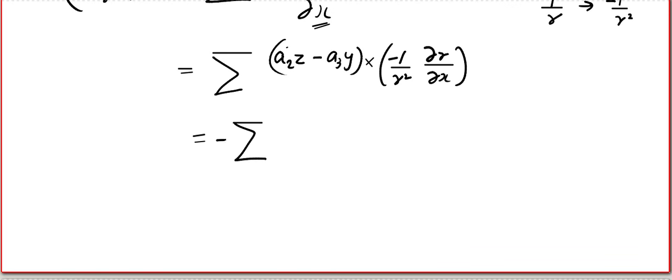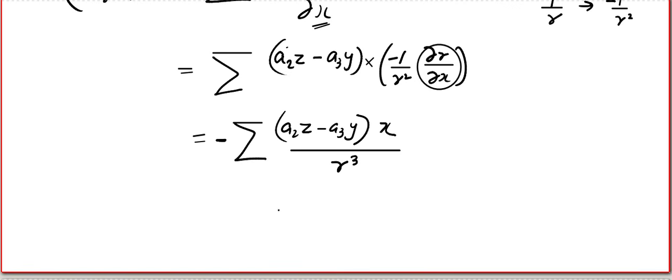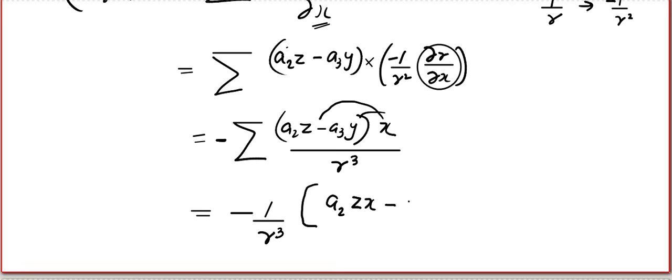Okay, minus goes outside. A2z minus A3y. This will be x by r, so to multiply by x, and the denominator becomes r cube. So that's it, time to expand. So I'll keep that minus outside and 1 by r cube outside. So the first term is a2 into z into x minus a3 y into x plus, can you tell me